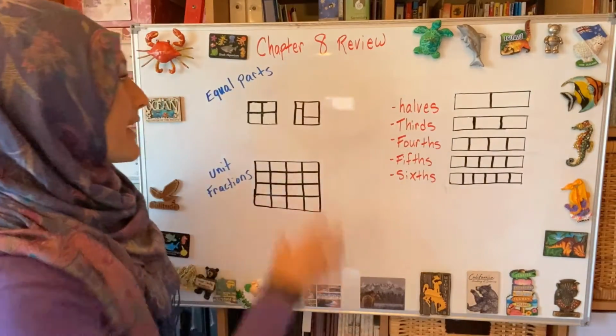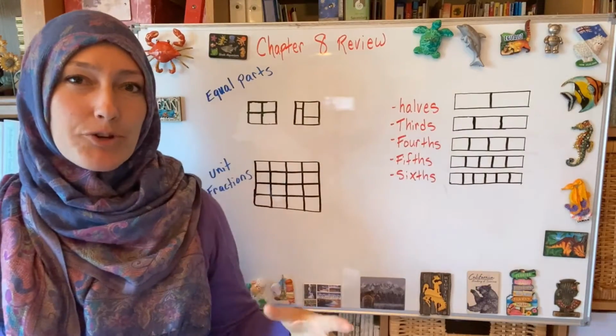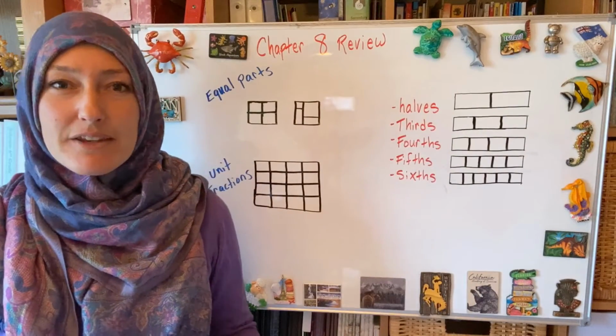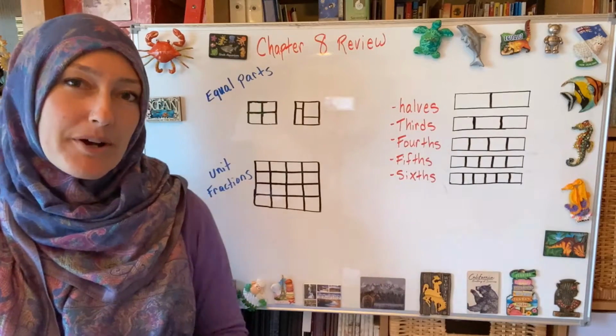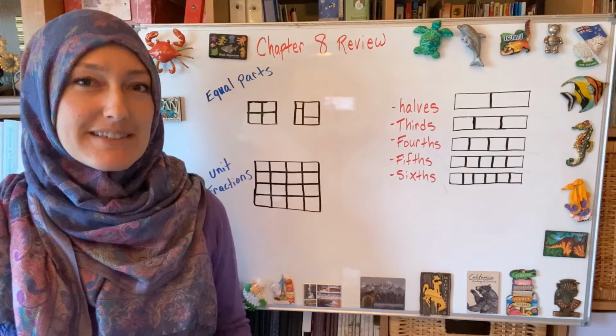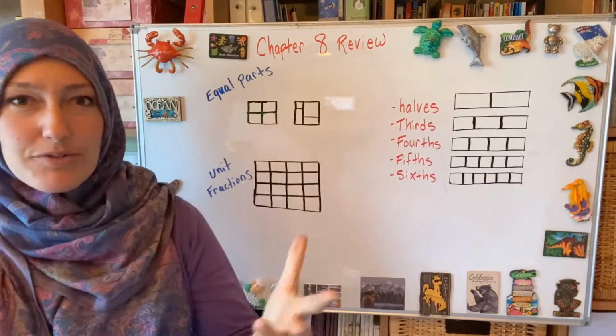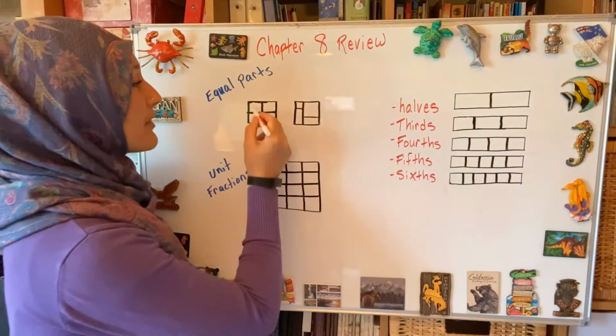So if I were to have a whole amount here, like pretend it's an apple, and I cut it into 4 parts, I name it by the number of parts or the size of the part. And since there are 4 pieces, it is called a 4th sized part. If I want to start naming pieces out of the whole, like if I cut this apple and I want